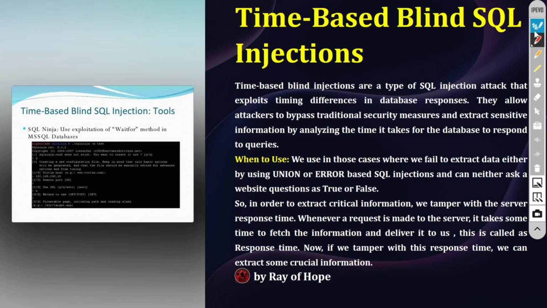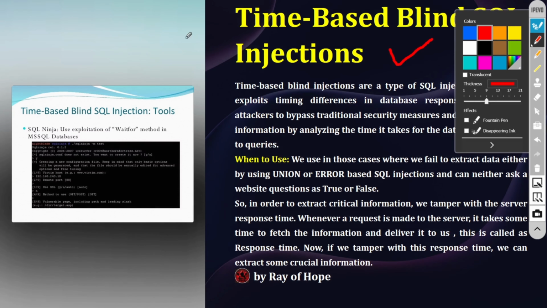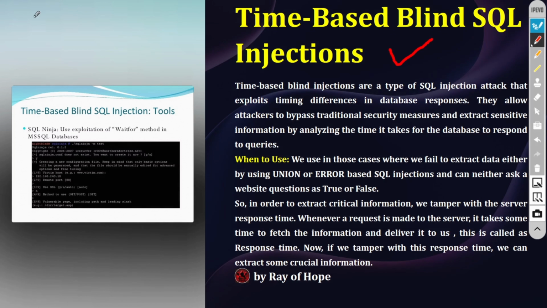Today, we're going to cover one of the last injections, which is time-based blind SQL injection. Basically, guys, we talk about how to identify it. We talk about some of the scenarios. If a website has parameters, like if a website has